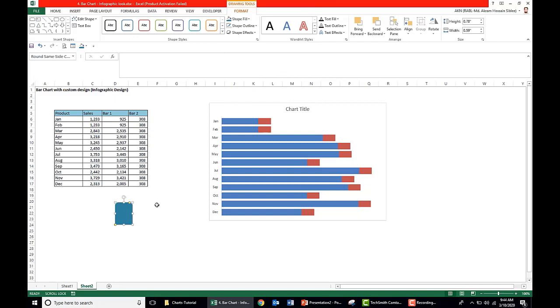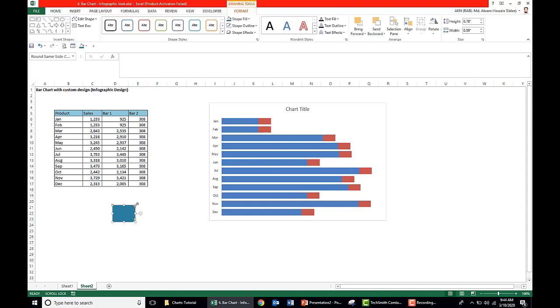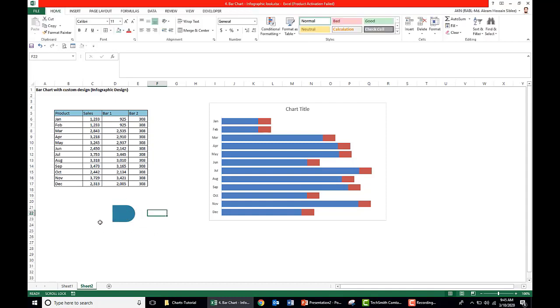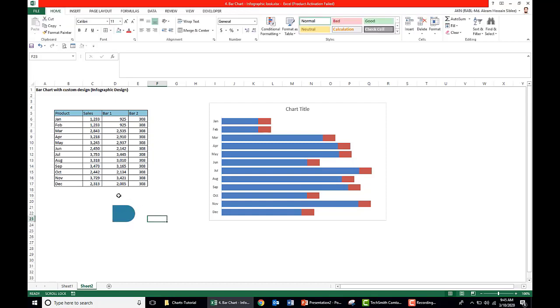Now we need to rotate this shape. Select the shape, go to rotate, this is under format, and rotate it 90 degrees right. Here one thing you see, there is a yellow corner side. Just select and drag it to make the shape a circular shape. How do you create it? Select this yellow sign and drag. So now it is shaped like a circular shape.